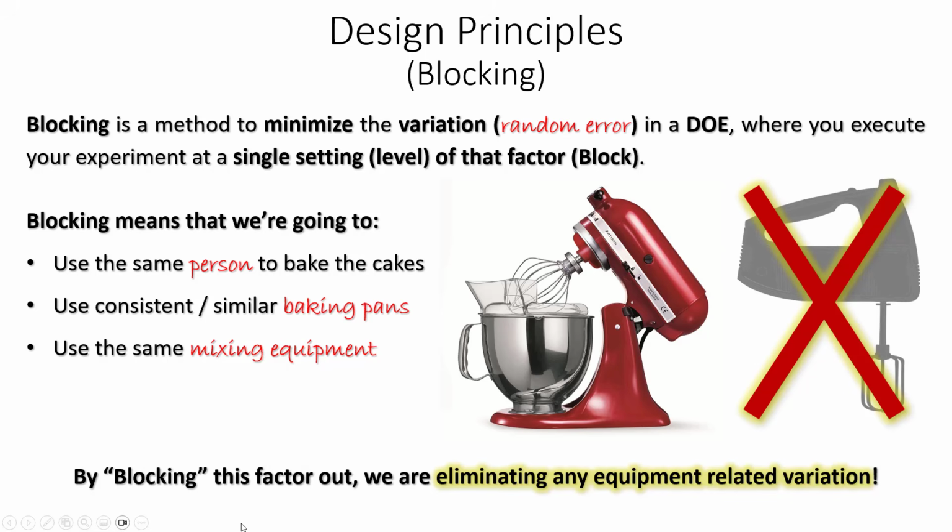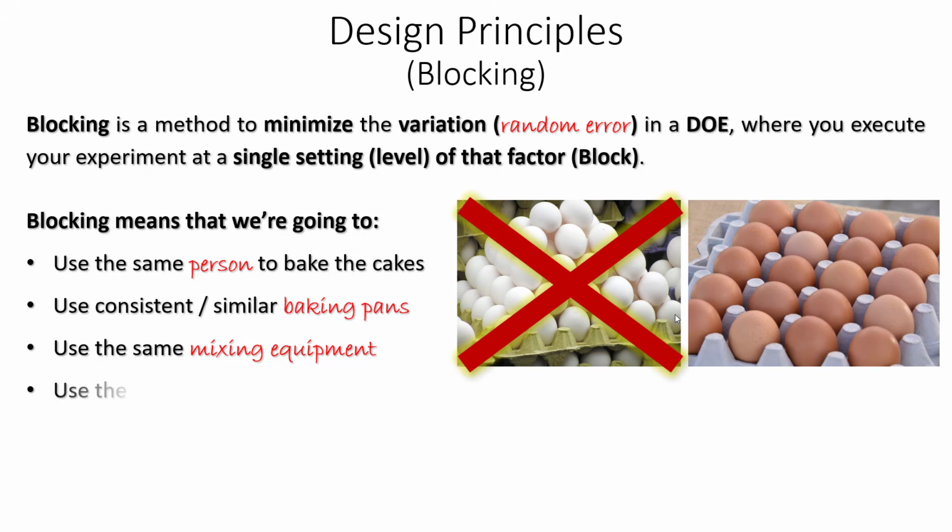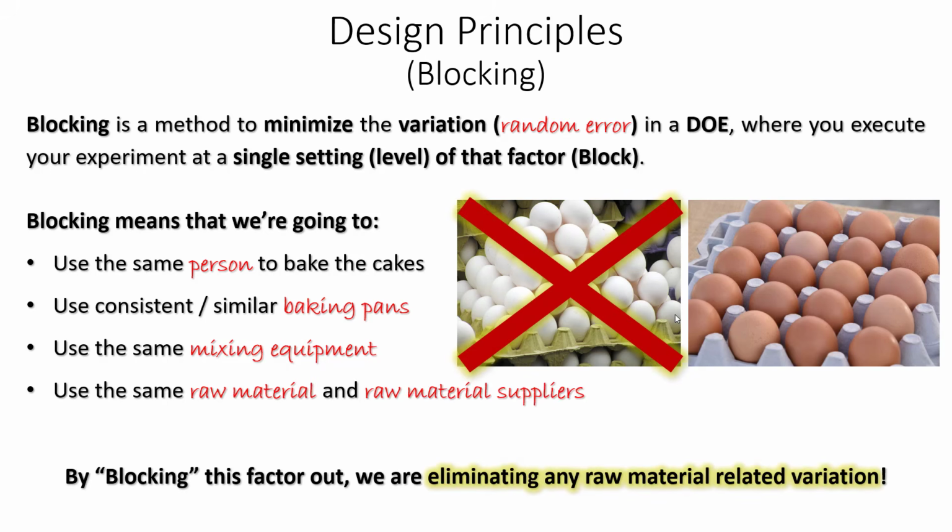We're going to bake all the cakes using the same mixing equipment to eliminate that as a source of variation, okay? The same thing is true for raw ingredients. Let's say we buy eggs from two different vendors, and we know that those eggs are slightly different from one vendor to another. We want to block this factor out. We're going to build all of our cakes using the same raw material vendor and the same raw material batches so that we can block out or eliminate any of that raw material variation that we don't care to study